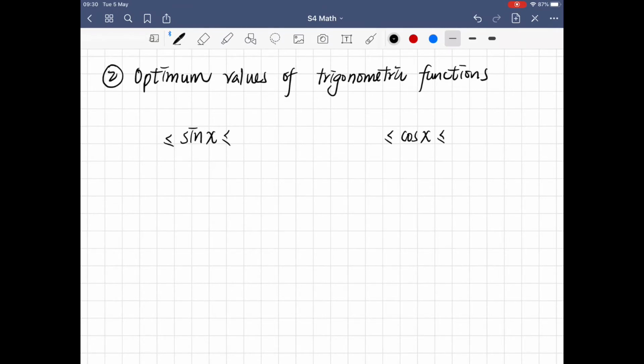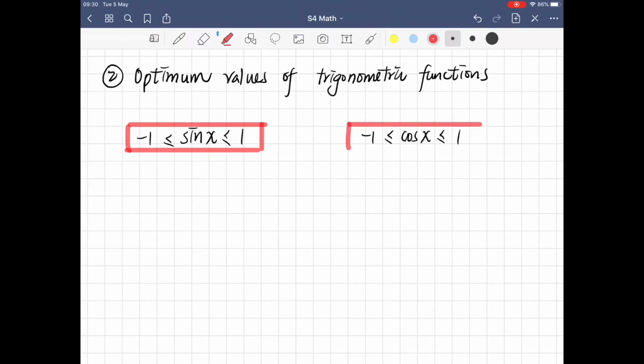Okay, so for sine x and cosine x, the maximum will be 1 and the minimum will be negative 1. So we need this two information for our calculation. Okay, then next,